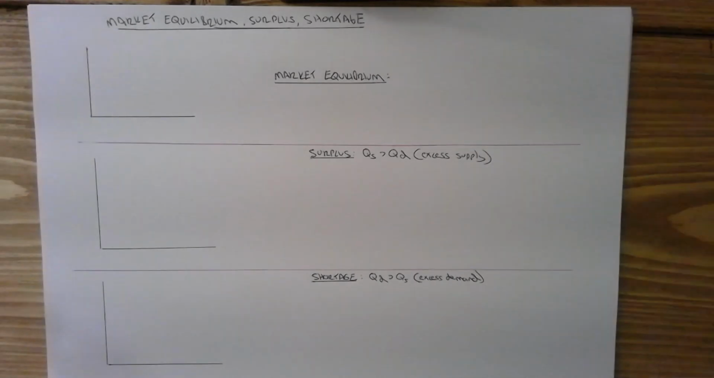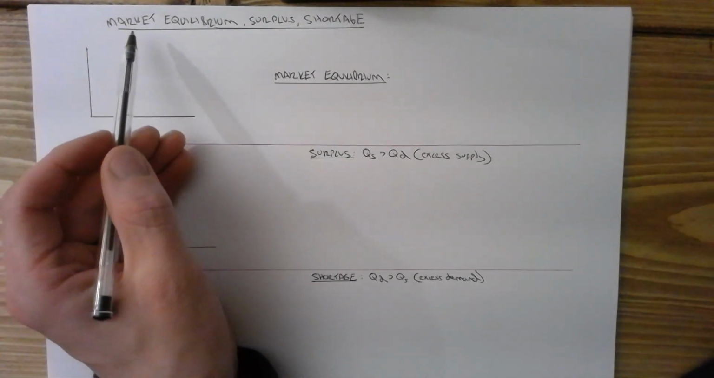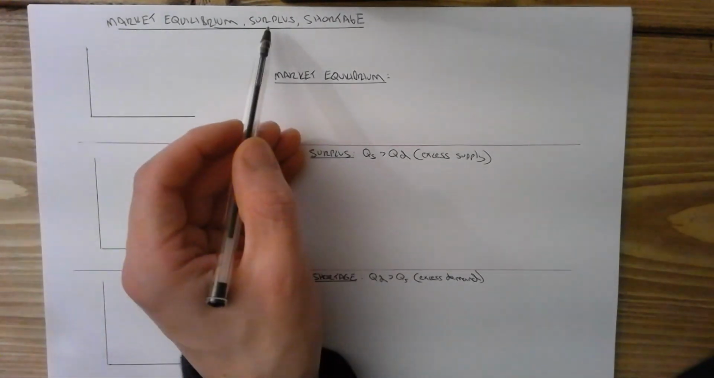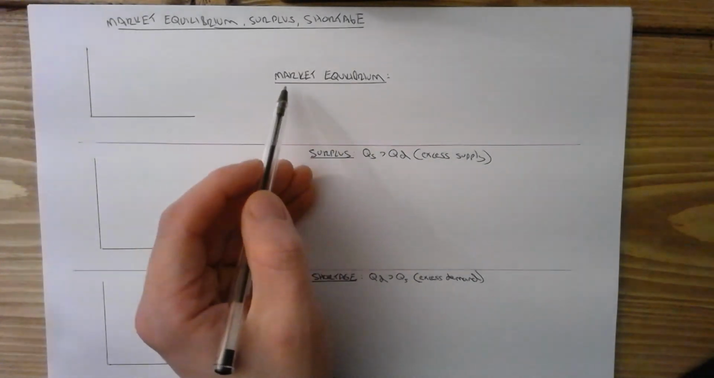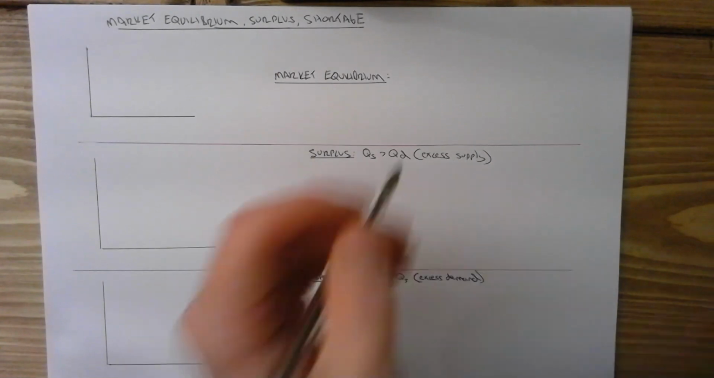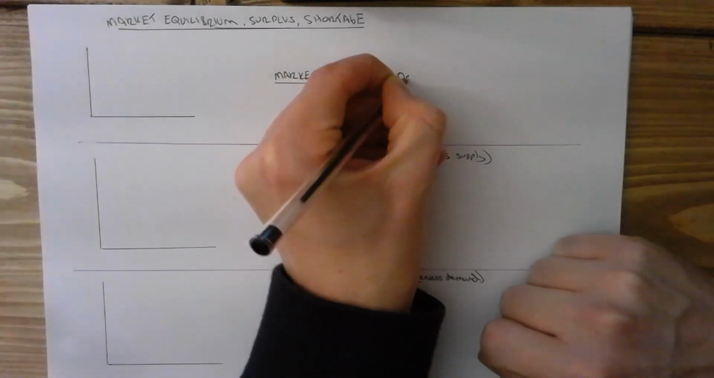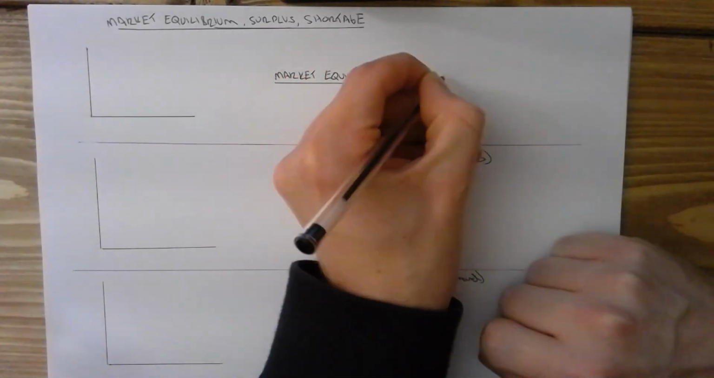In this video, I'm going to cover the concepts of market equilibrium, surplus and shortage. We're going to begin with the concept of market equilibrium. Market equilibrium occurs where demand